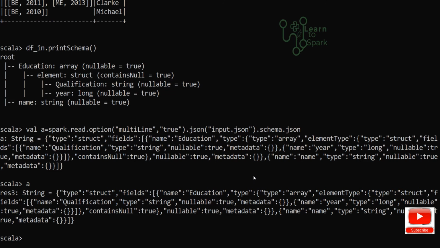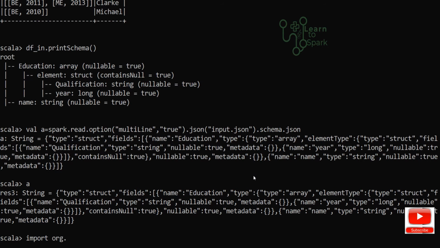The second thing that we are going to do is explode the education column. So on our input data df underscore in, I will add a column. Before that we have to import the library for the explode function.